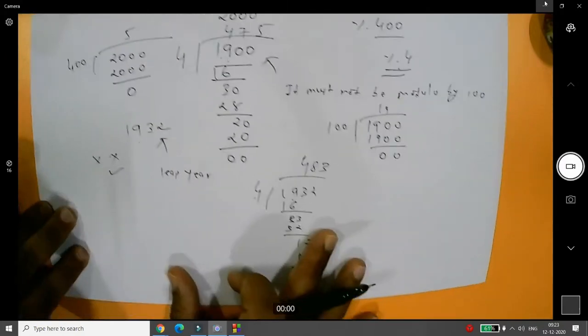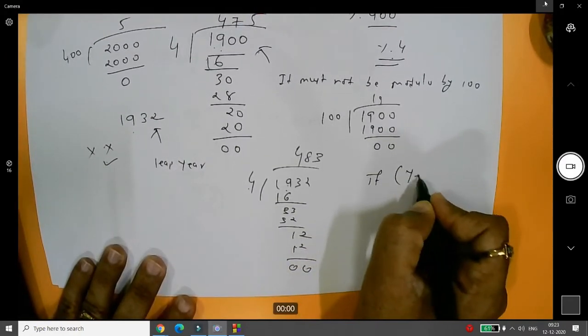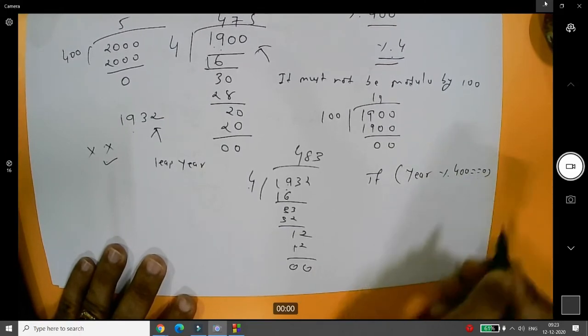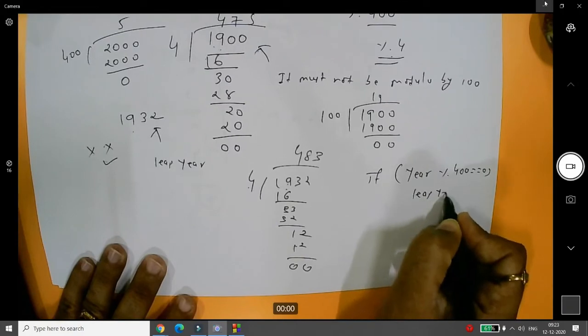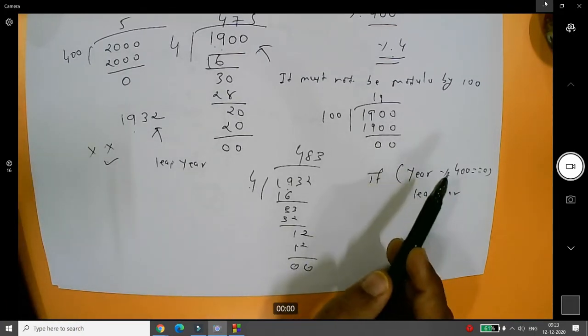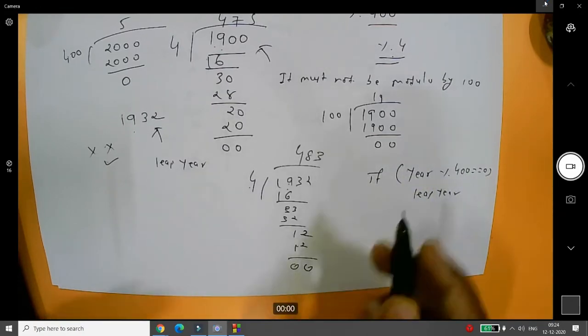Very simple, students. First check, if your year modulo by 400 equal 0, then you can say it is a leap year. That's it. For example, 2000 is a leap year, 2400 is a leap year, 1600 is a leap year, 1200 is a leap year. So if your year modulo by 400 equal to 0, then it is a leap year.